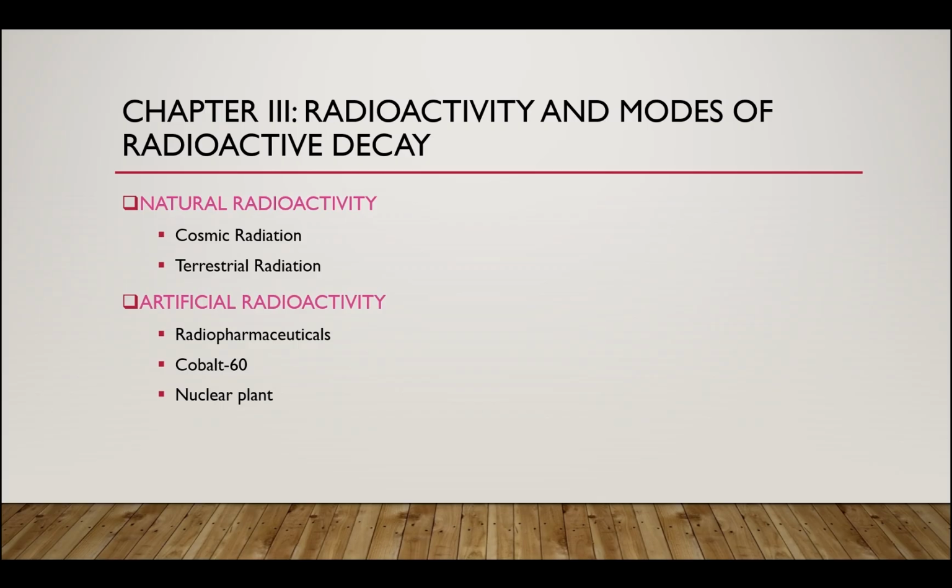So, cosmic natural radiation, the cosmogenic nuclides, is coming from the stars, the sun, or the moon. While for the terrestrial radiation or terrestrial natural radioactivity, they are found in the soil. It can be in the food we eat, as well as in the water and in the air. Now, for artificial or man-made radioactivity,